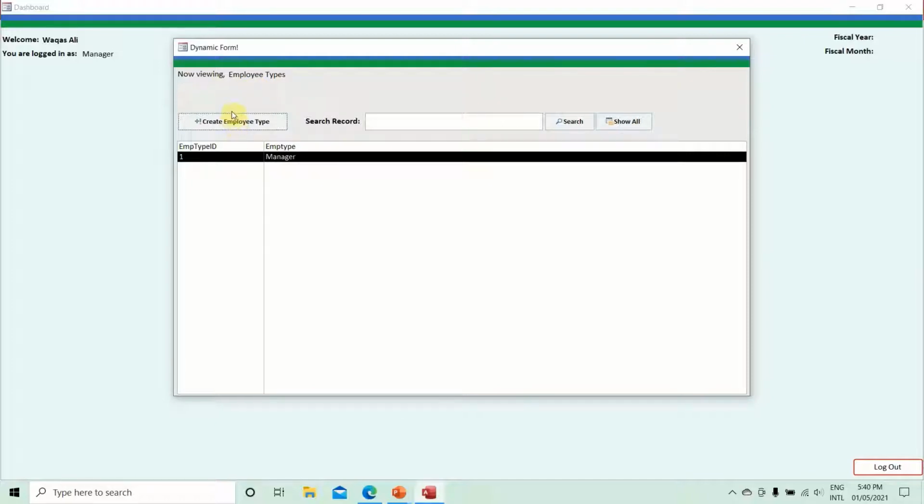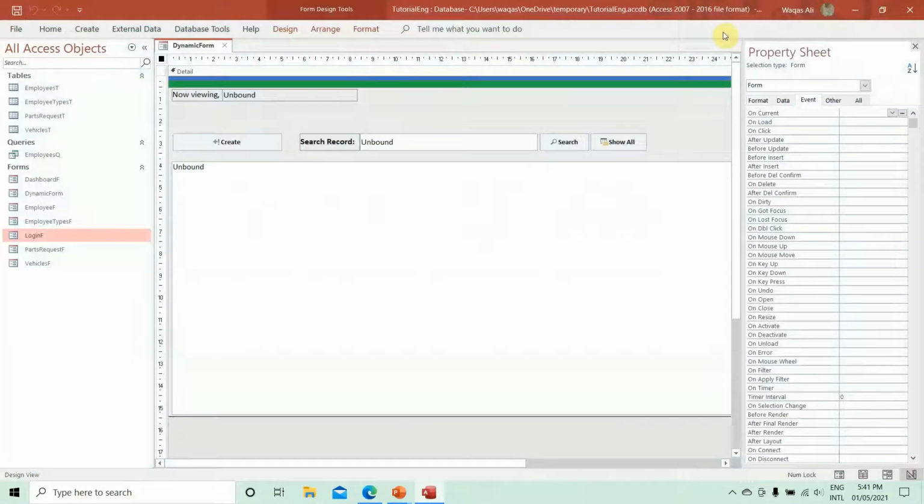So now I want, when the caption of this button is different as compared to create employees, now it is create employee type. I still want to get that pop-up message asking, hey, do you want to create record, yes or no? If I click on yes, then I should be able to create record. So that's what we are going to do. So right click, design view, okay,